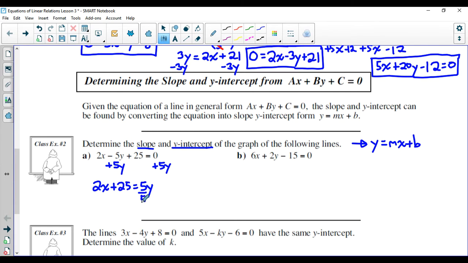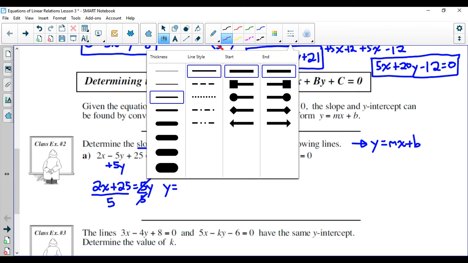Now, to get y by itself, I'm just going to divide both sides of the equation by this 5 here. So we're going to divide by 5, and we're going to divide everything on this side by a 5. Okay, so this is going to get rid of the 5s here, so we can just cross those off. And then, okay, I'm gonna flip things around. I'm gonna write the y term on the left-hand side, and I'm gonna write this side of the equation on the right-hand side. Usually when you're isolating for a variable, you want the variable you're isolating for to be on the left-hand side. So this is gonna be y is equal to,